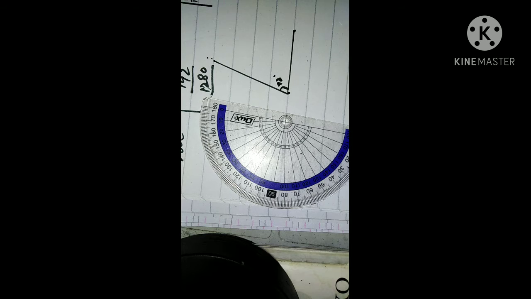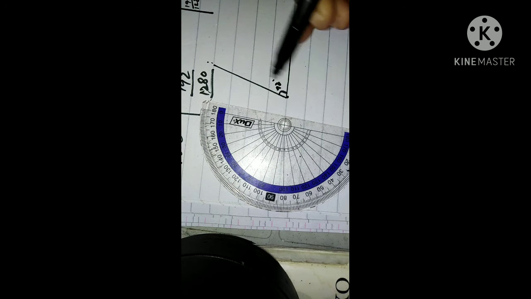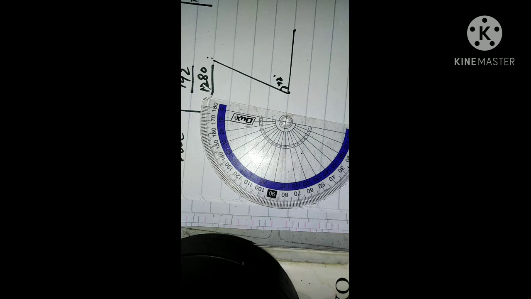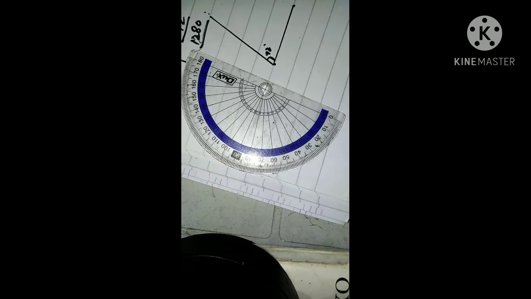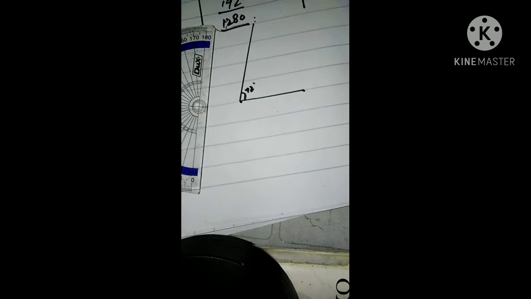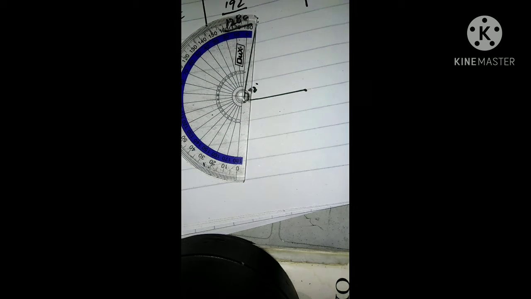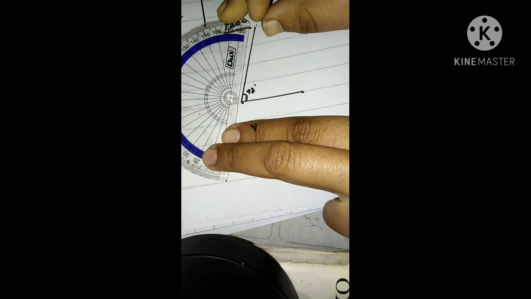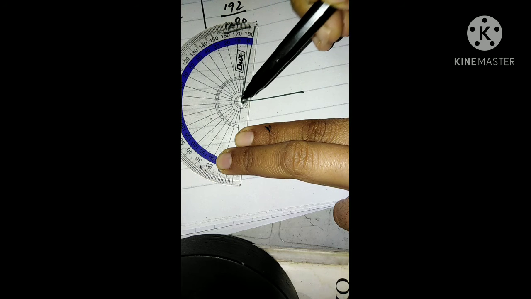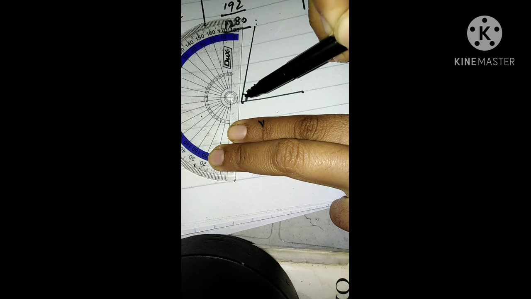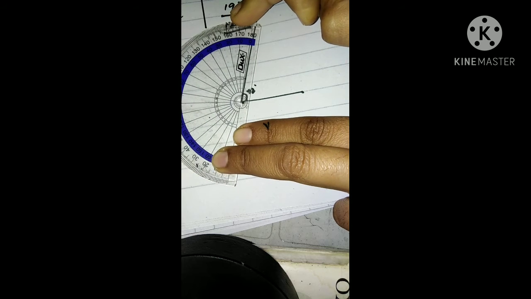Now I will draw the next angle, which is 18 degrees. Now I'll put my protractor on it to draw the angle of 18 degrees. Same, I'll put the protractor. I'll just turn this notebook like this. Okay, students, remember that if you're making the angles on the left hand side, you have to put the protractor on the left hand side for all angles. As I made the first angle with the protractor on the left hand side, I'll make the rest of the angles the same way. I'll put this dot, and the last line on the protractor must align with this line. I'll put it like this.